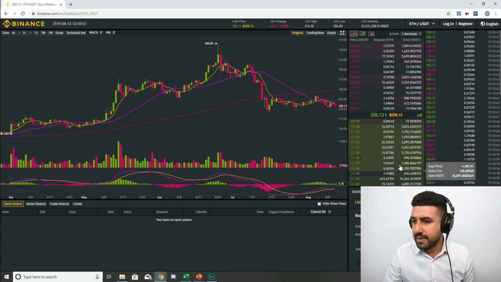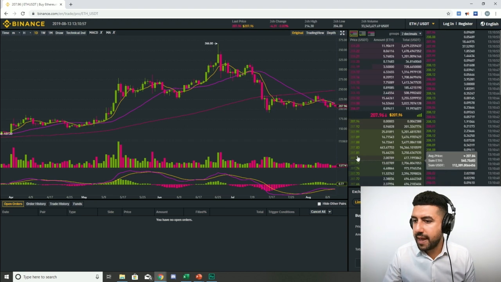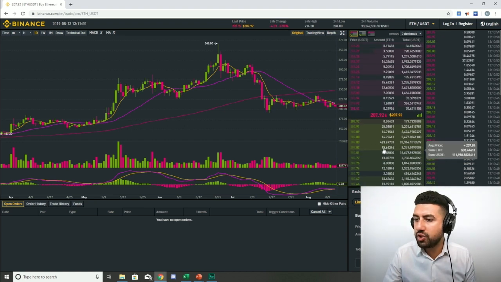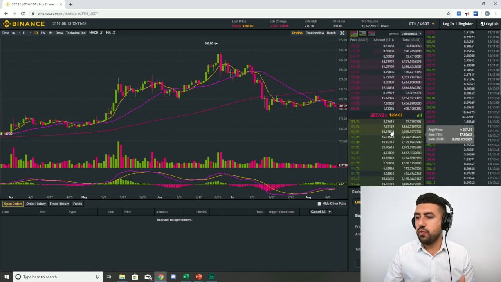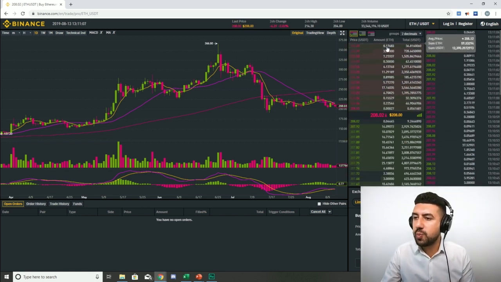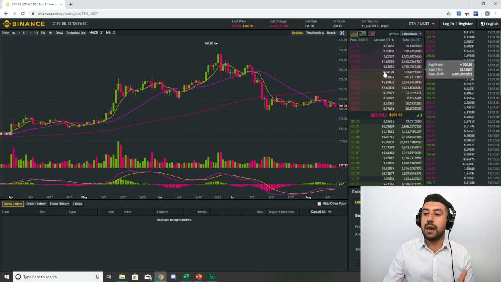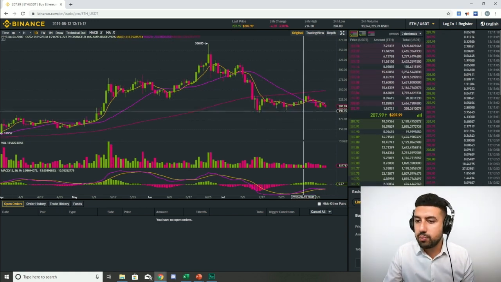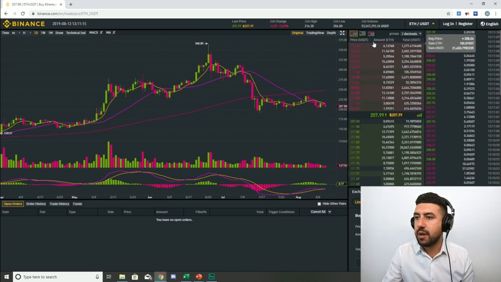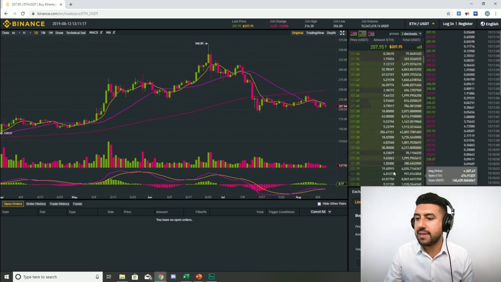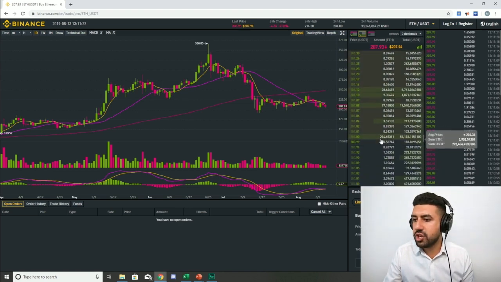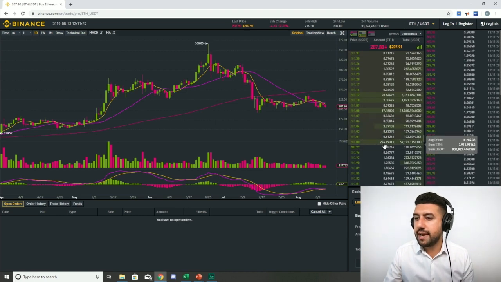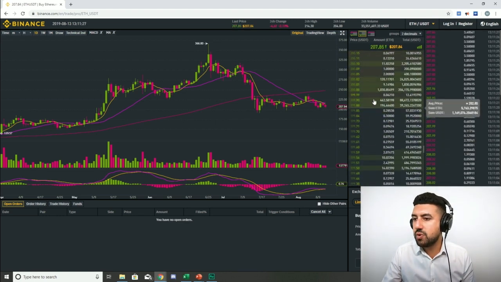I can see here that some quantities, somebody at 207.83, wants 463 Ethereum. So that's a bigger order. And it just moved. So you can see where there are small orders and big orders, and where there's going to be a lot of support and less support. Probably at 200 here, we're going to have some bigger buy orders. You can scroll through them here. At 201, there's 294 Ethereum. Let's see at 200.